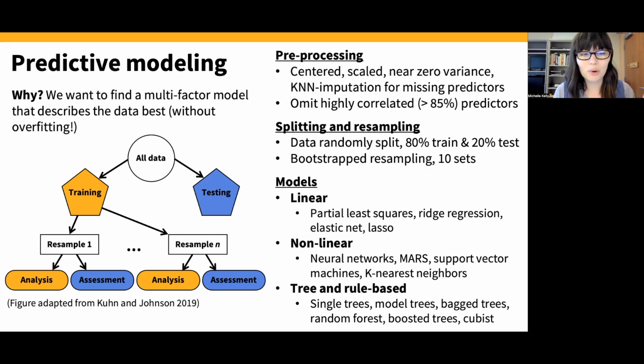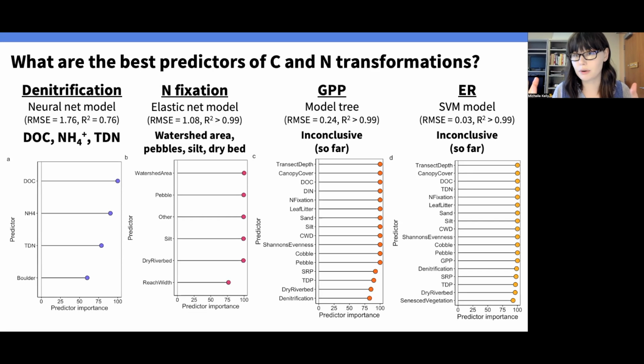So what were the most important predictors of carbon and nitrogen transformations? For denitrification, we found that the most important predictors were dissolved organic carbon, ammonium, and then also total dissolved nitrogen. And those are all factors that we know are very important to controlling denitrification in streams. So that's good that our predictive model agrees with what we already know are very important factors for denitrification in